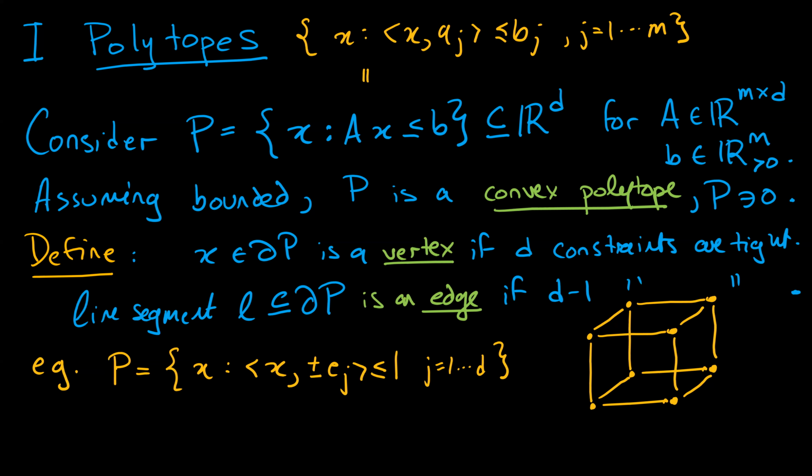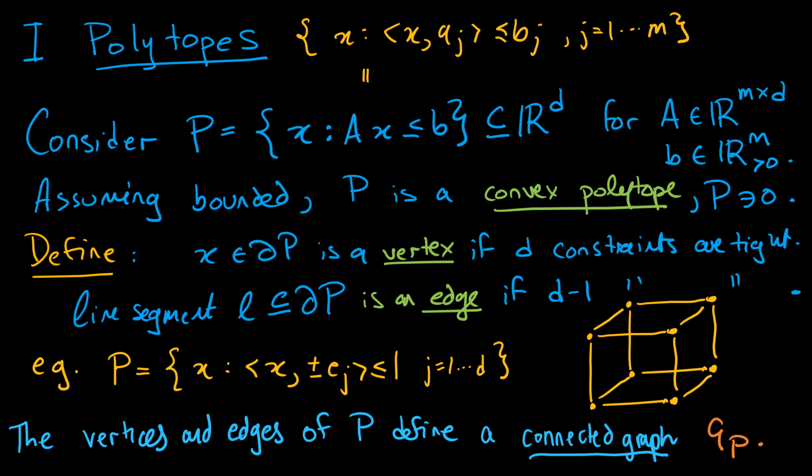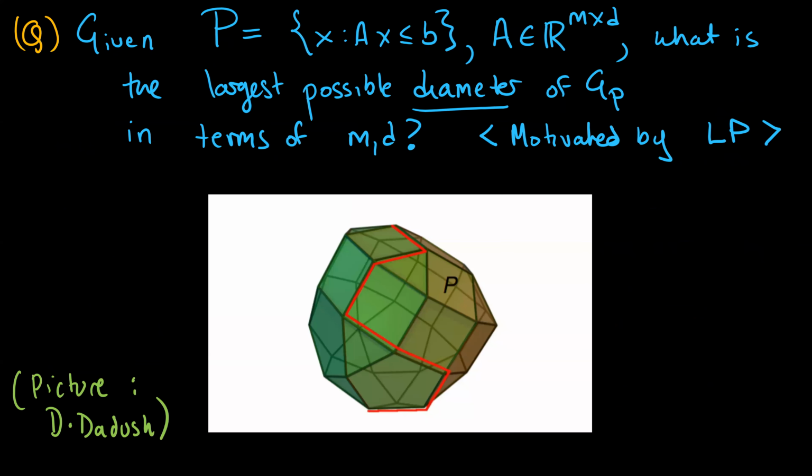So in this picture here, we have drawn dots for the vertices and lines for the edges, denoting the vertices and edges of the cube, which is, of course, a polytope. The vertices and edges of the polytope become the vertices and edges of a graph called the one skeleton. This graph is always connected, and the problem that we are dealing with is how to bound its diameter. So what is the largest possible diameter of a graph in terms of m, the number of constraints, and d,